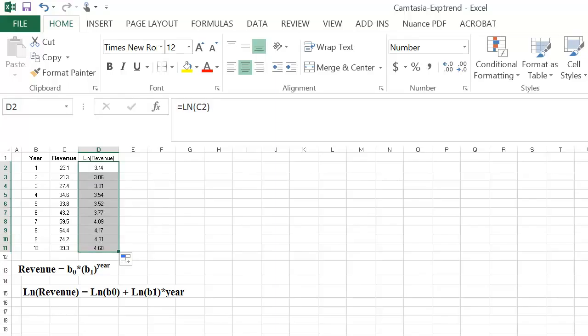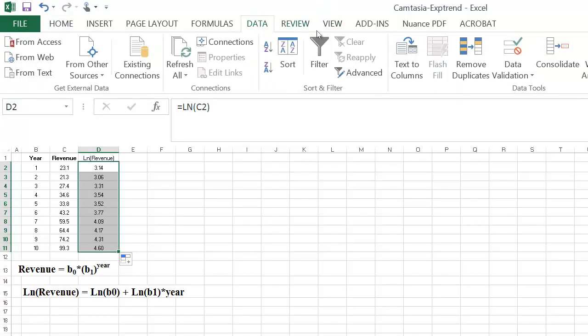Okay, so now if I do a linear regression of this logarithm of revenue against column B, against year, I would get an intercept and a slope, which would give me natural log of b0 and natural log of b1, and then I would do some reverse engineering from there. So let's do our next step, a linear regression of column D versus column B. Okay, so I do data